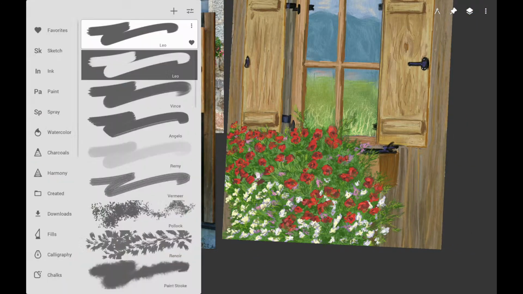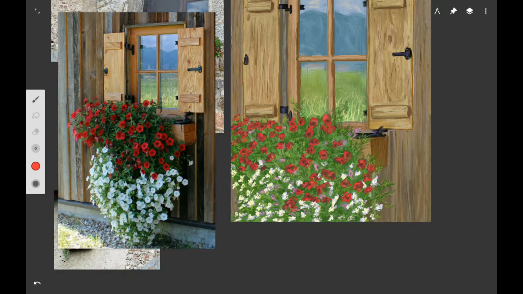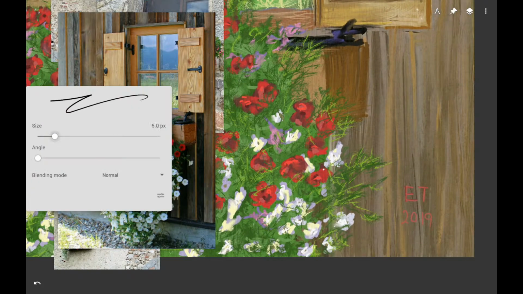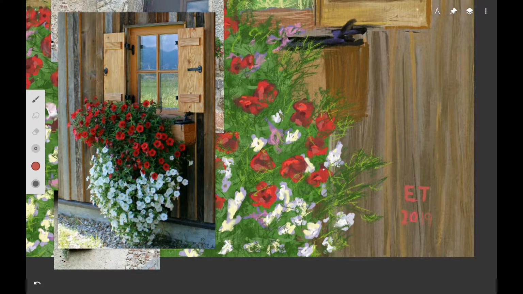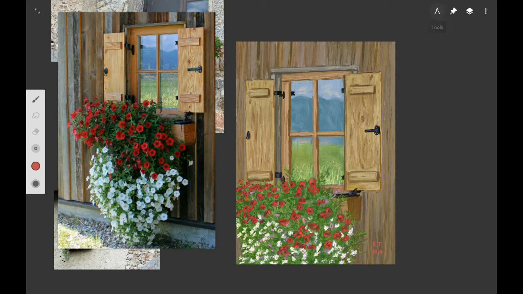Then I took some light pink colored paint and just went ahead and signed it in the right lower corner there. But as you know, just because I sign a painting doesn't mean that I'm through. And so I went back and added a few more things after I signed it. So I went ahead and shrunk it down to see what it looked like and checked the edges of the windows and decided to try to straighten them out just a little bit more, straighten the edges of the shutters